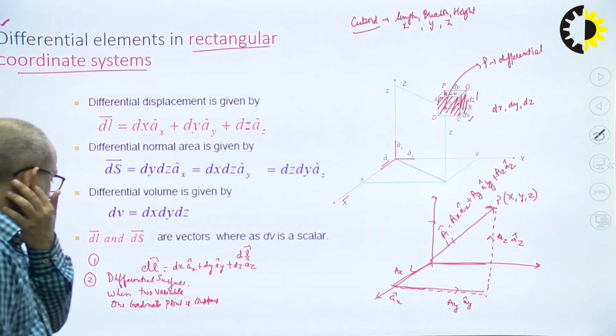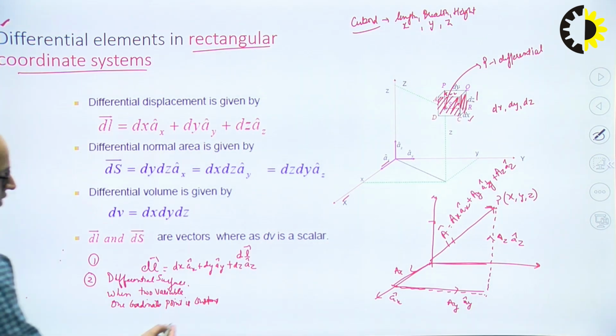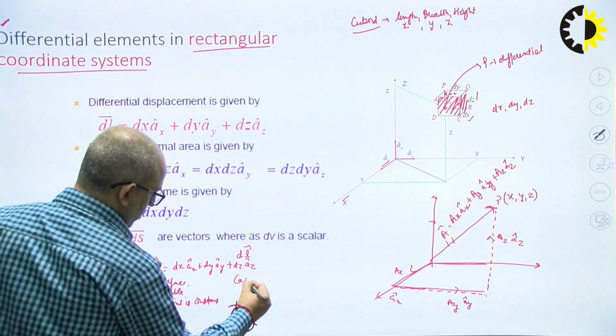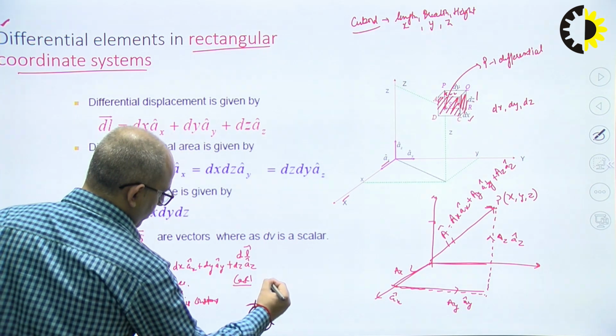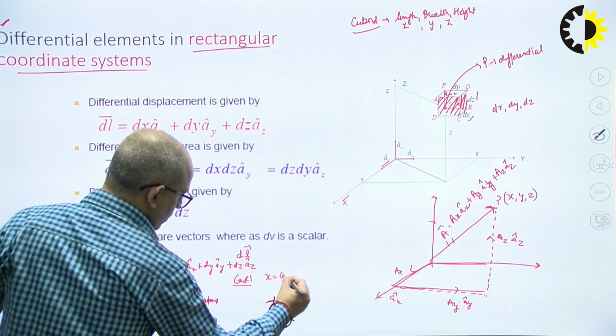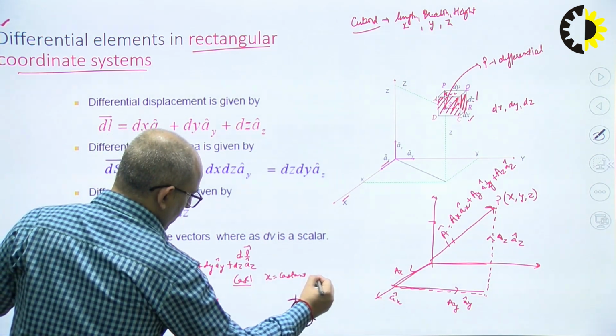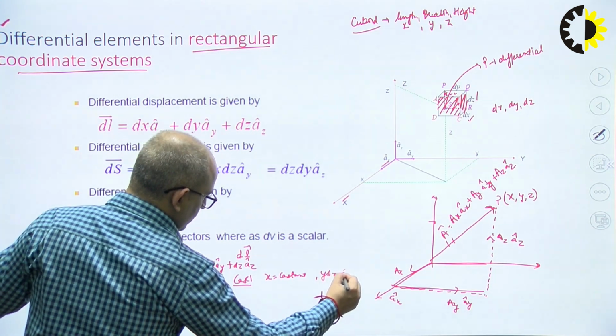If I say case 1, when x is constant and y and z are the variables,